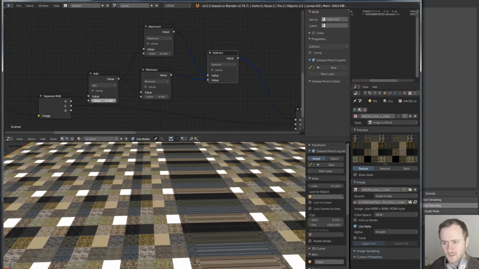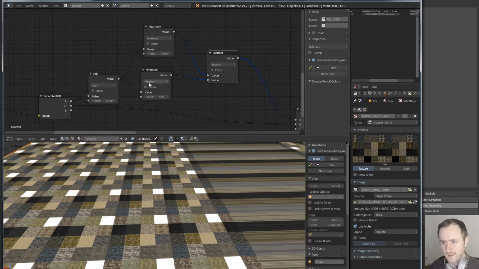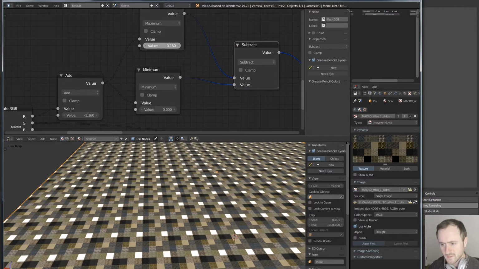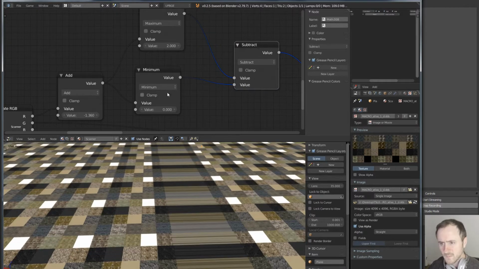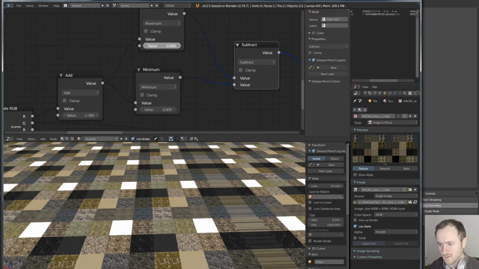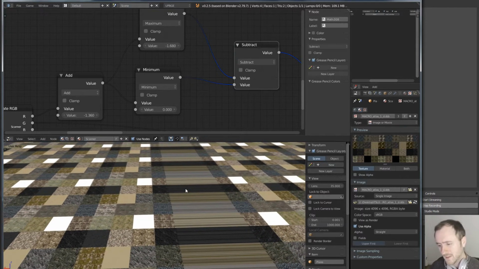Let's try that. So now I'm working with the whole shape here, and I think what I'm doing is I'm taking the maximum and the minimum, and let's find the center here. Where's the center? There's the center. Okay. So if I have the center here, I can extend this gap here, which is interesting. Now if I extend that gap, is it possible, do you think, that if I then subtract from this section right here, the